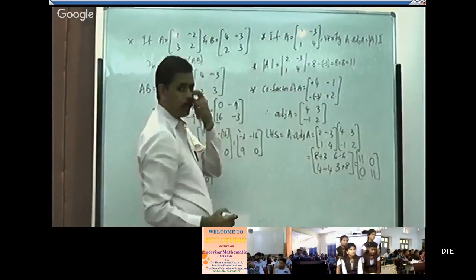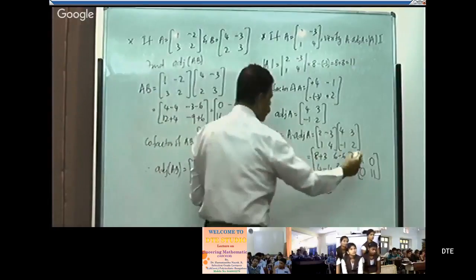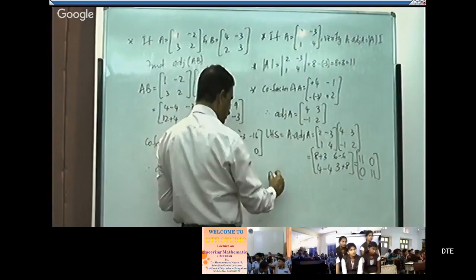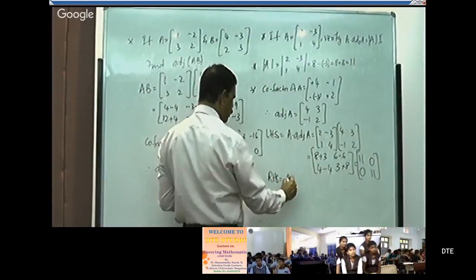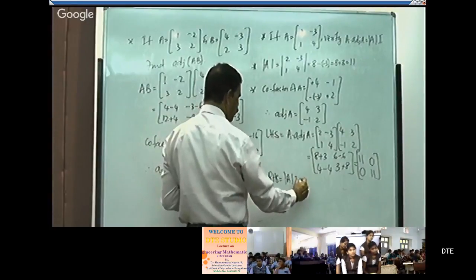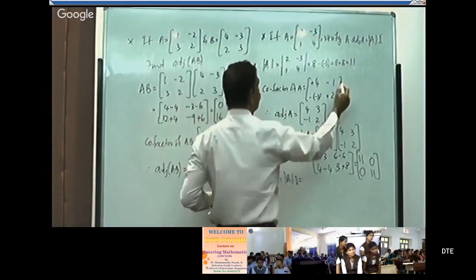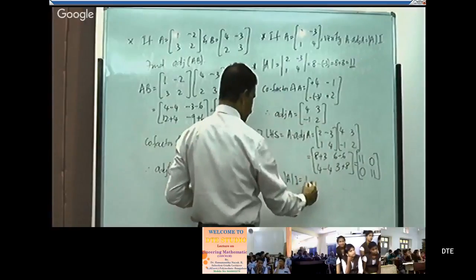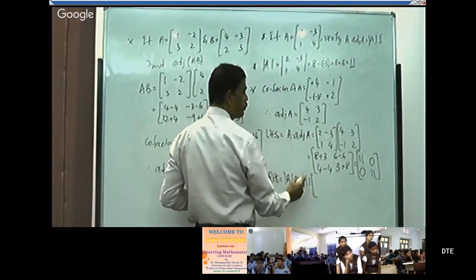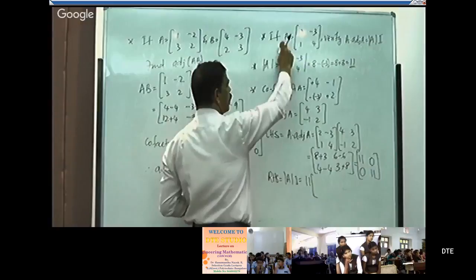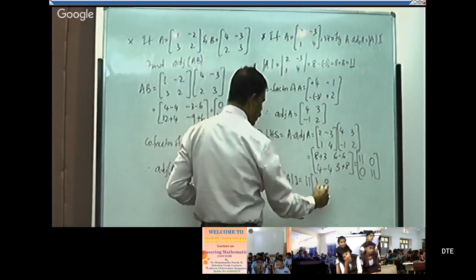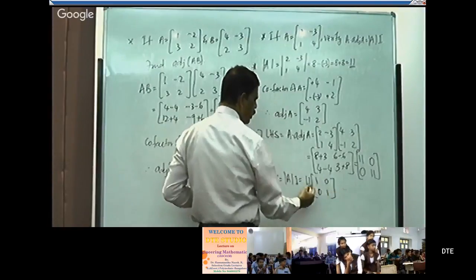It is a scalar matrix, right? 11, 0, 0, 11 is left hand side expression value. Get the right hand side expression value. It is determinant of A into I. What is determinant of A? The obtained value of determinant A is 11, right? Into what is I? I is identity matrix of order A. What is order of A? 2 cross 2. Equivalently, what is I? 1, 0, 0, 1.